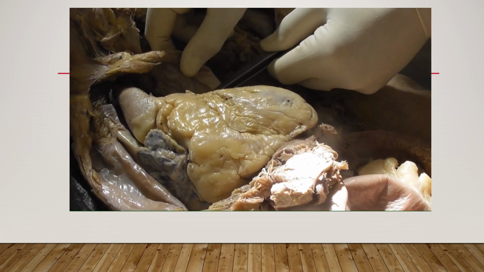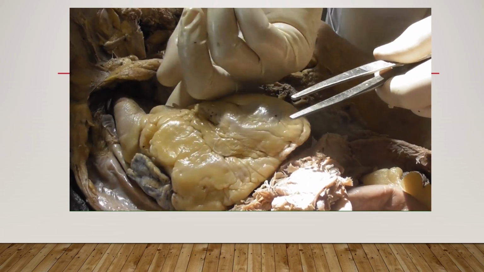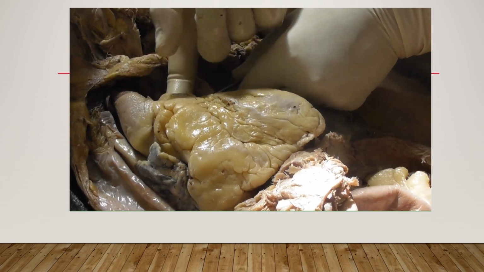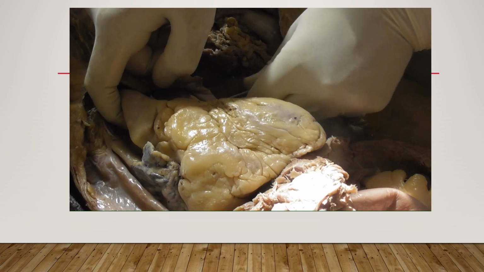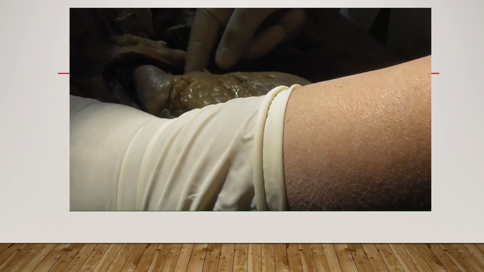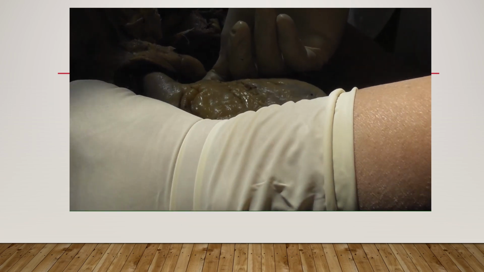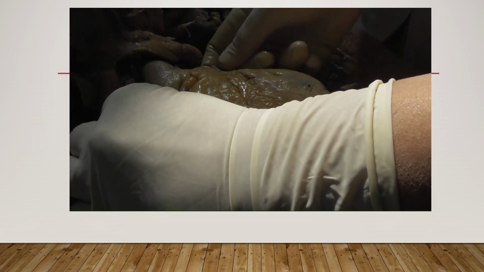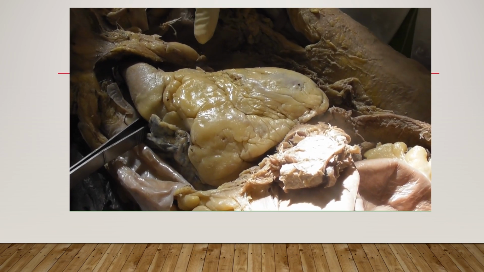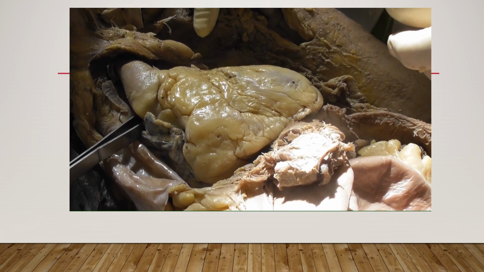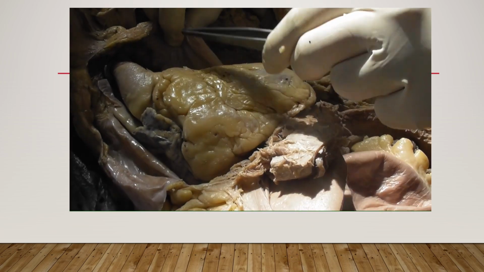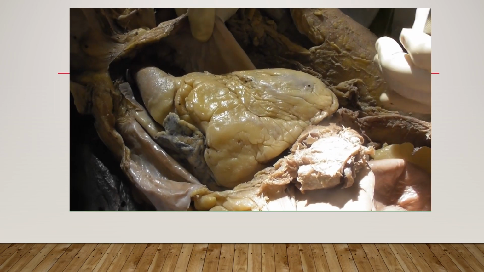One is the transverse sinus. So as we can see here, the transverse sinus is located behind the aorta and pulmonary trunk. So the clinical significance of transverse sinus is during cardiac surgery, when the heart is open anteriorly, the temporary ligature is passed through this transverse sinus. So this is the transverse sinus of pericardium, and from both the sides it communicates with the pericardial cavity.